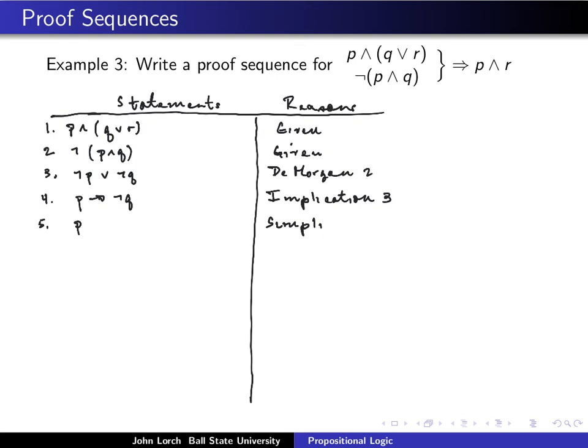So that means that I can infer P. So that's the simplification rule in item 1. And now I can use modus ponens to infer not Q. So this was items 4 and 5, where we're using